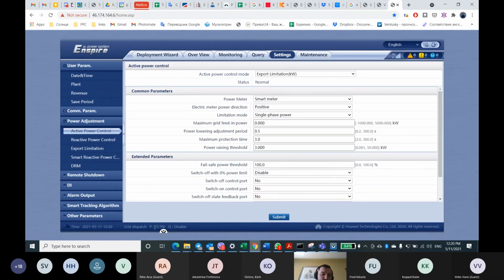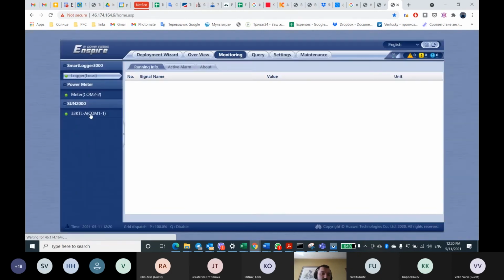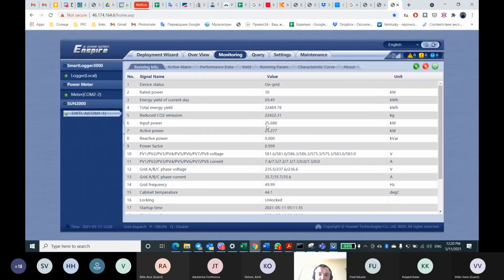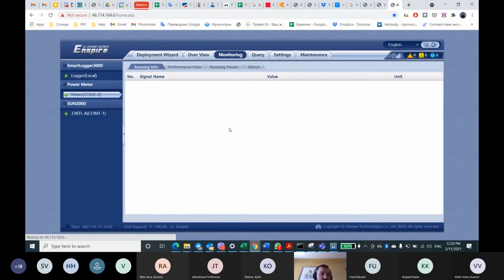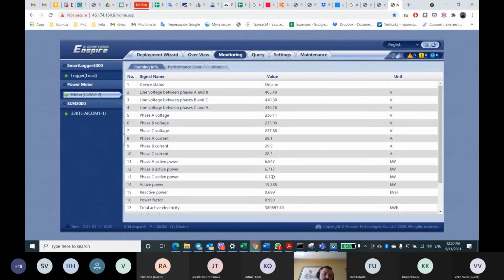It will immediately send a command to produce more energy, like 75 and 100%. It means the inverter is now working at maximum power. It's already producing 25 kilowatt, and the energy going through the meter reduces to 20, 90, and lower, and so on. Basically, it's always trying to keep zero.